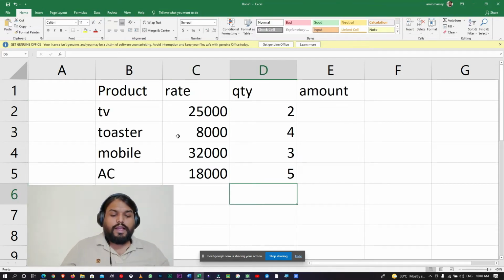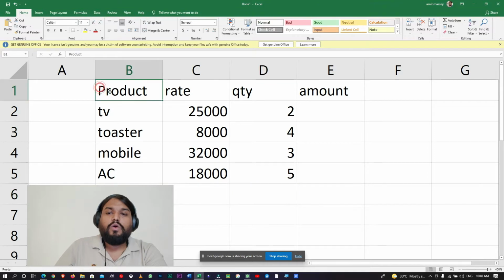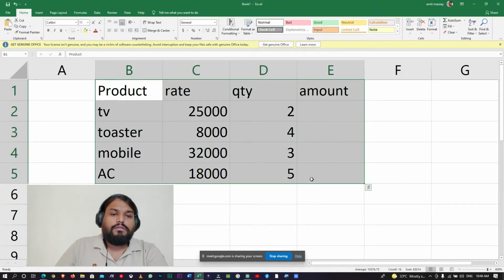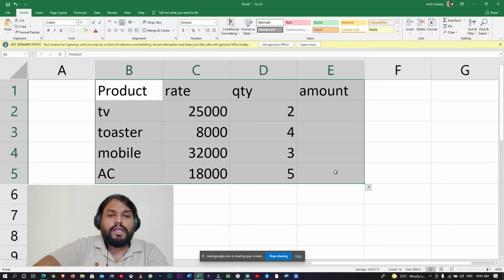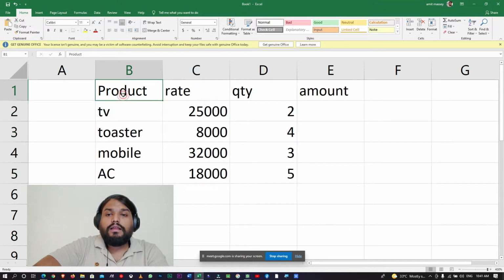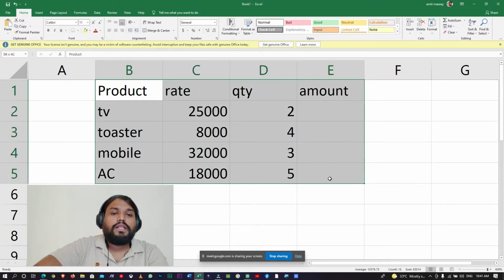We can give the whole range one particular name. And how can we do that? Let us name the very first thing over here, this whole table. First you have to select your range with the help of your mouse. I have earlier told you how we can select one cell and a number of cells together. This is how we can do it.